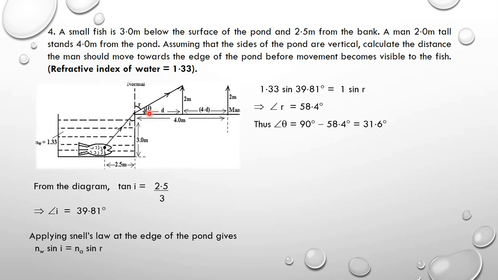So after getting this theta, we can now get d using still tan. So tan of theta is going to be opposite, which is 2, divided by adjacent, which is d. So tan of 31.6 is going to be equal to 2 over d. And then we shall make d the subject. If I cross multiply, d is going to be 2 over tan of 31.6 degrees. And therefore we shall get our d as